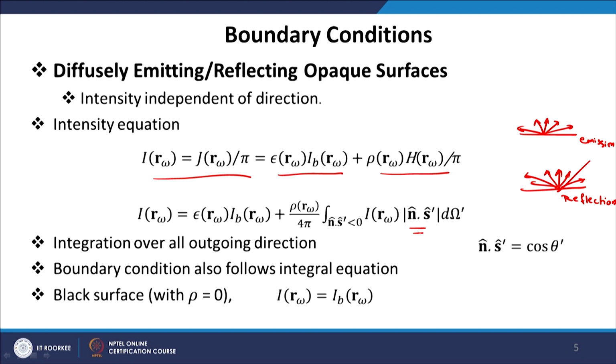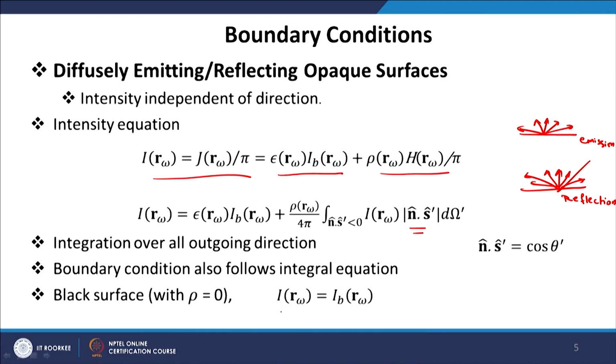Now, this radiation is coming from the gas or it may be coming from other surfaces. So, we have to include the effect of radiation coming from the gas as well as other surfaces. So, again the boundary condition is going to be an integral equation. This is the same as we have done for heat transfer between surfaces. The governing equation is an integro-differential equation and the boundary condition is an integral equation.